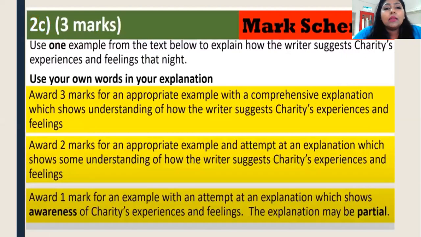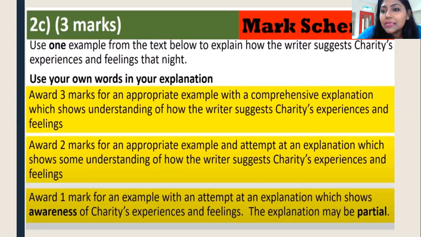Okay, and talking about 2C, you are required to use one example from the text below to explain how the writer suggests Charity's experiences. So in your answer, you need to include one example, and this example is supposed to be put in quotation marks. That means you need to quote this example, and then you need to explain this quotation by referring to what the writer is suggesting in the question. According to this question, the writer is suggesting Charity's experiences and feelings. Therefore, when you write the answer, your answer should basically focus on